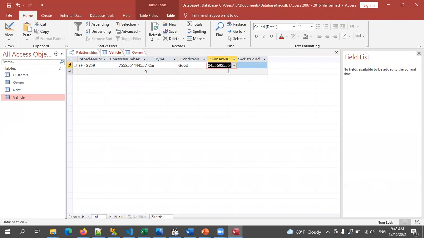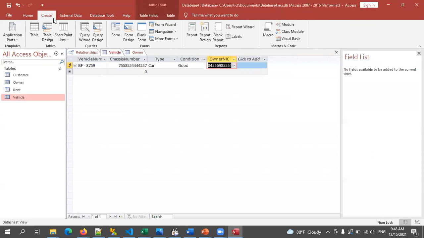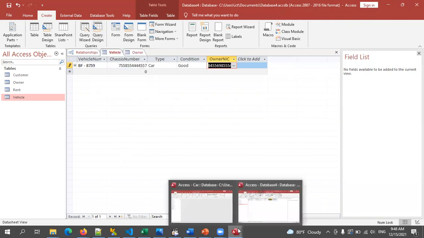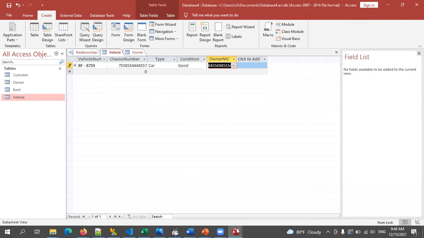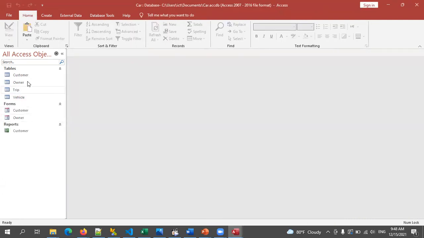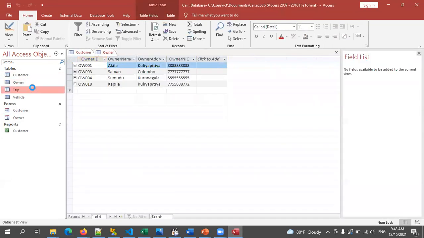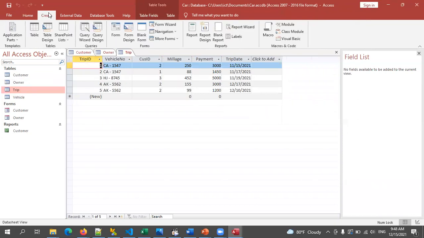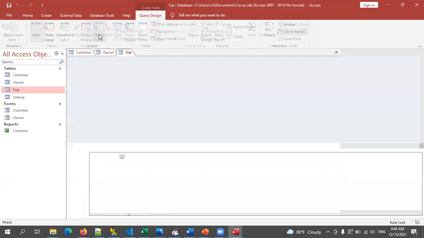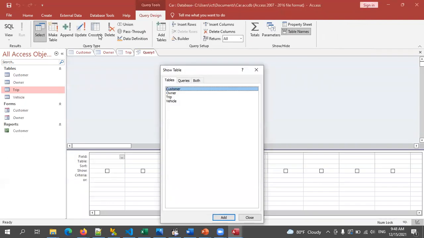After that, children, next thing is reports. Before that, you can create queries, or I'll show you that as well. Create query design, right? So I'll take another database which has already data added. This one, right, everyone? So in this one, I have already added the data. So you can create query design. If you want to take multiple fields from different tables and make one table, you can create a query to retrieve data from the database.